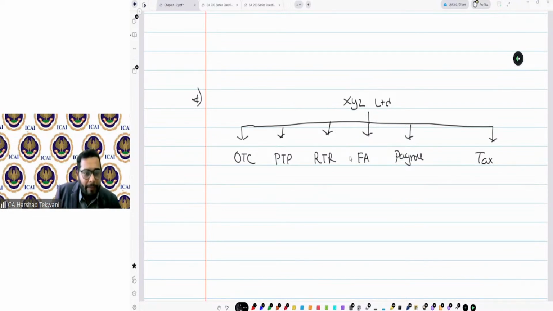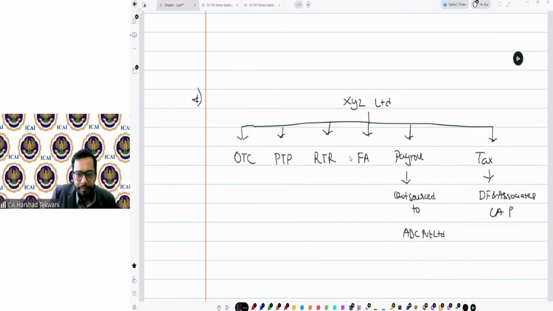Now, payroll has been outsourced to ABC Private Limited, and tax has been outsourced to DFN Associates. It's a kind of CA firm. Now you have been appointed auditor of